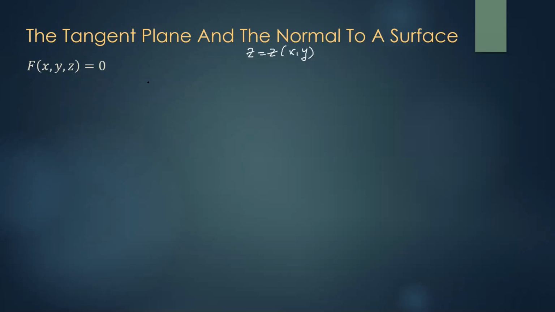Then actually it turns out an interesting thing, that if you take this expression f, this big expression, this implicit equation, on the left hand side, on the right hand side we do have a 0, and if we differentiate this with respect to all three of them, so we find the partial derivative with respect to x, we find the partial derivative with respect to y, we find the partial derivative with respect to z,